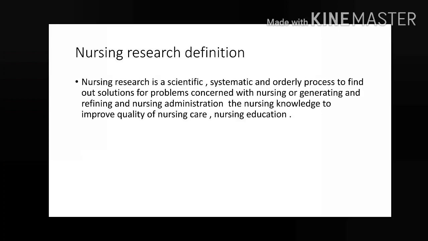in which all areas you can conduct research in the nursing profession. So it can be administration, it can be in the clinical area, it can be in education. So in three particular areas, that is nursing knowledge to improve quality of nursing care, in nursing education, in the nursing profession or the clinical nursing, and administration. So I hope this is clear, the definition of research and definition of nursing research.